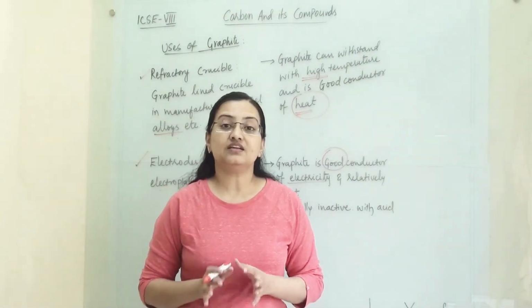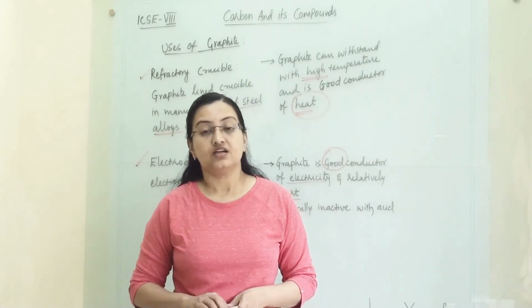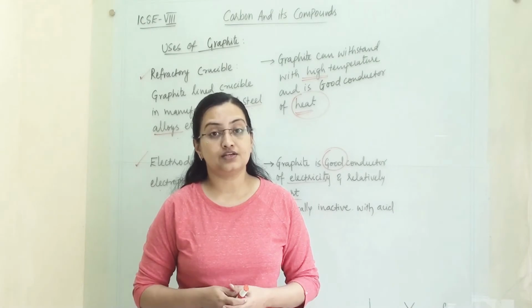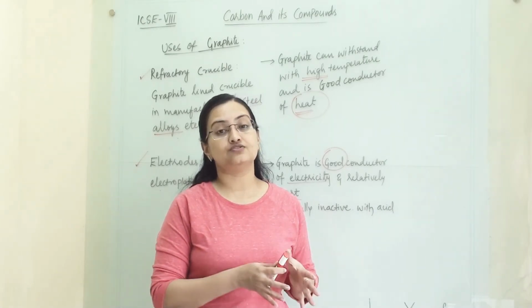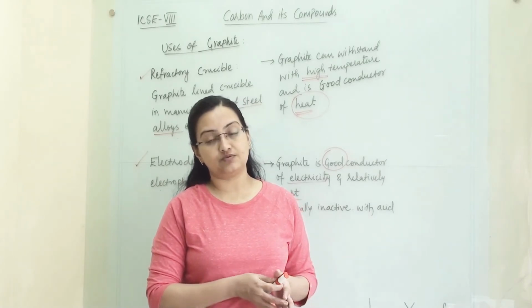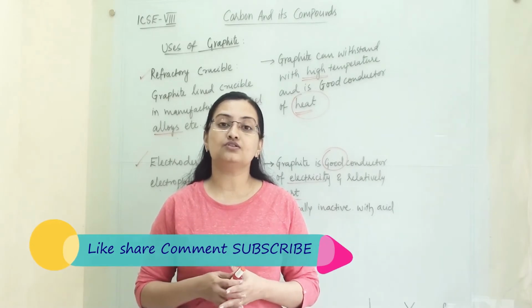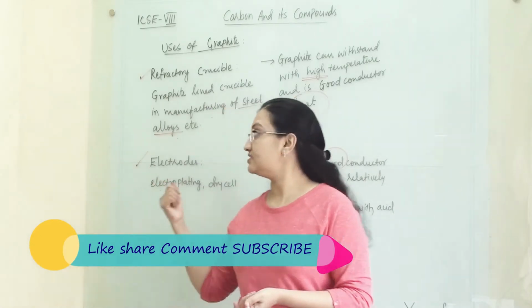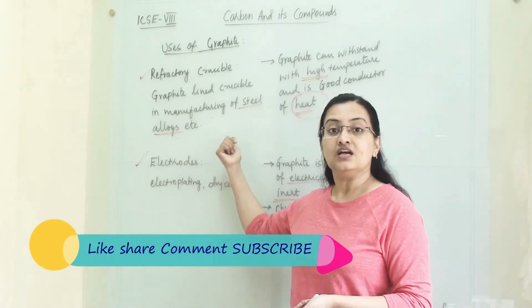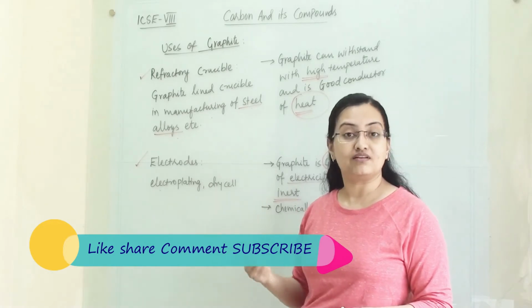So these are the important and main uses of diamond and graphite. From these topics, reasons are likely to be asked based on their uses, and they relate to their chemical and physical properties. So these topics are very easy. You only need to read and refer to the points the way I have written them in short form. If you read it like this, then you will easily remember it and can write it in the exam.